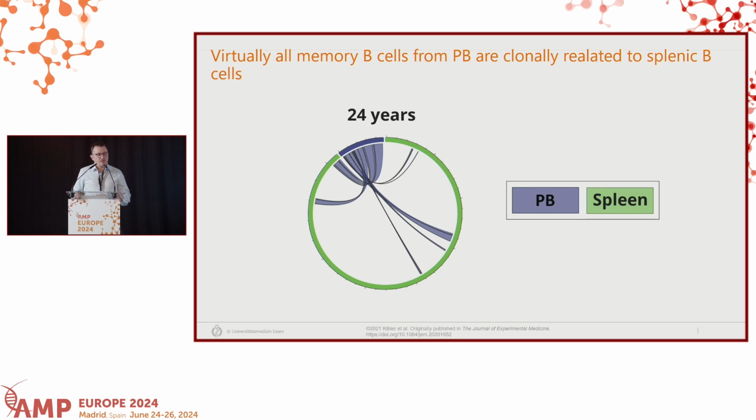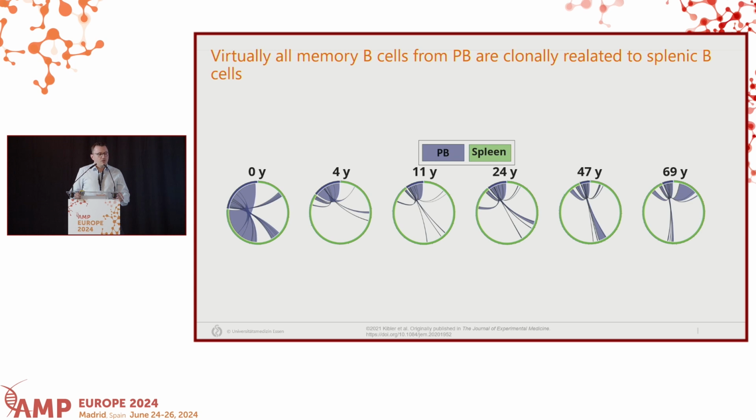What you can see here is also a clonality analysis, but this time from the perspective of tissues. So the ribbons represent sequences that are shared in clones between blood and spleen. And as you can see, the grayish area of the peripheral blood sequences is almost completely covered by ribbons. So that means that whenever we retrieve a sequence from peripheral blood, we find clonally related sequences in spleen. The other way around, in spleen, the vast majority of sequences is unique, at least in this younger donor.